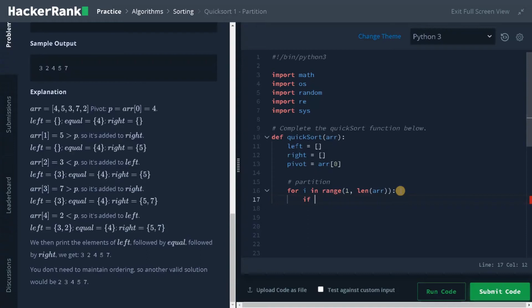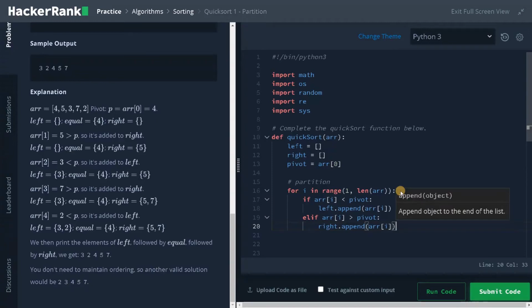Now, if array of i is less than pivot, then left dot append array of i, and in the elif part, if array of i is greater than pivot, right dot append array of i.